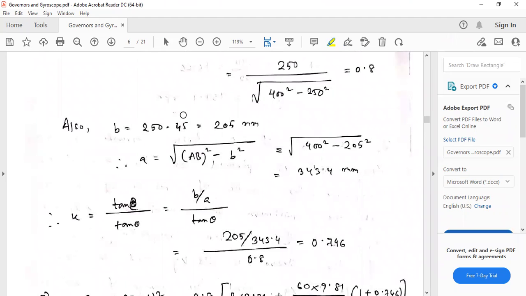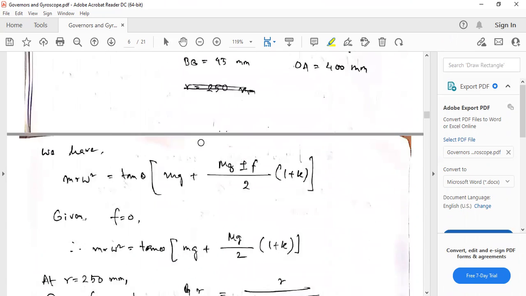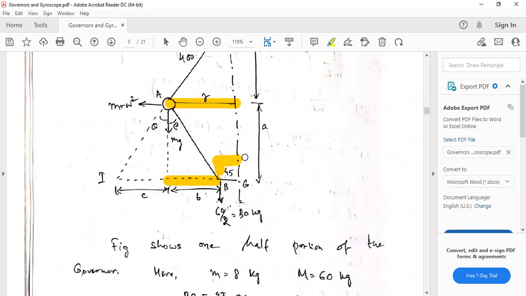We got this; it is 205. Then we have the value of b also. What else do we need? We need a. We can get this a also now. See, this is a. This much is a, so this is b, this is a. How do you find it? You see, again from